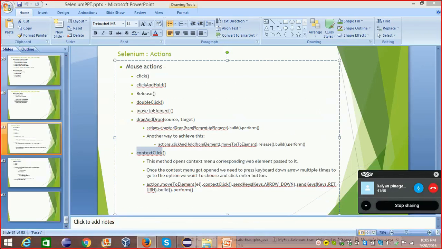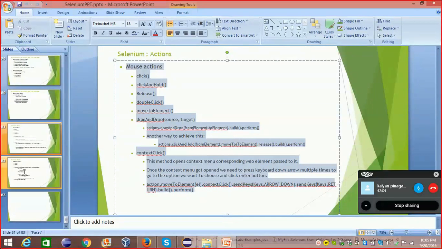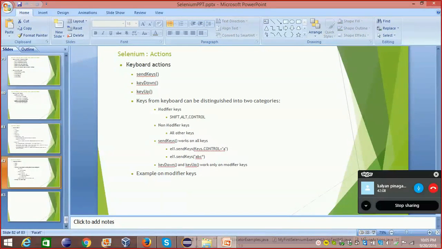Okay, this is about context click. These are all mouse actions. Basically today my plan was to finish both mouse actions and keyboard actions, since